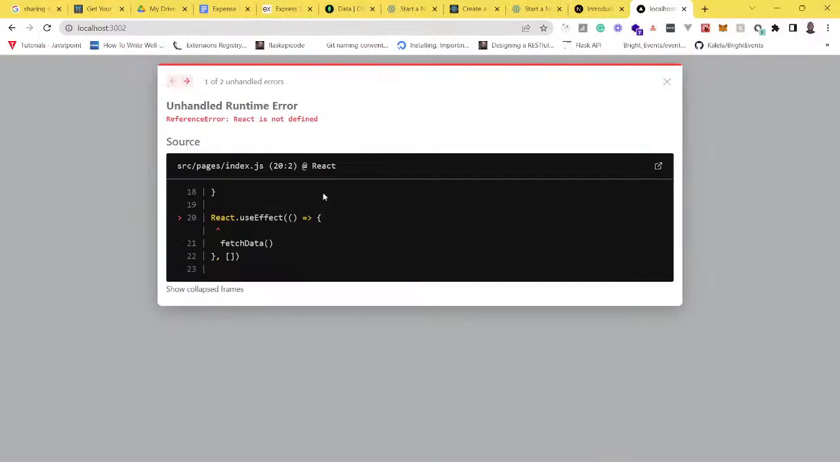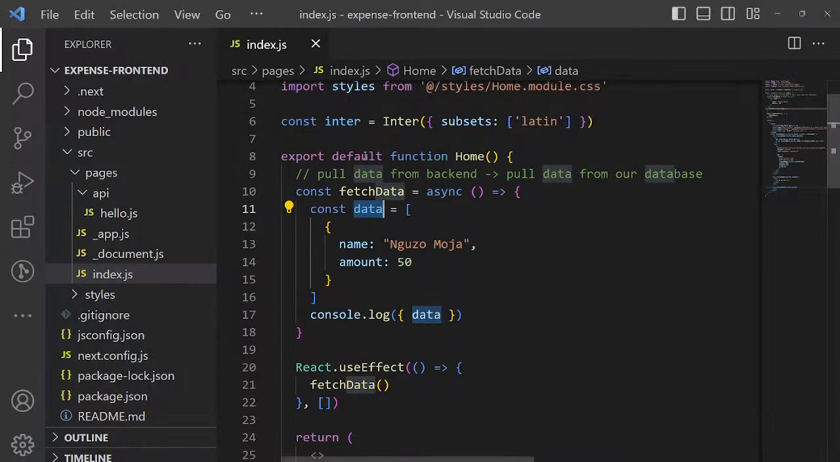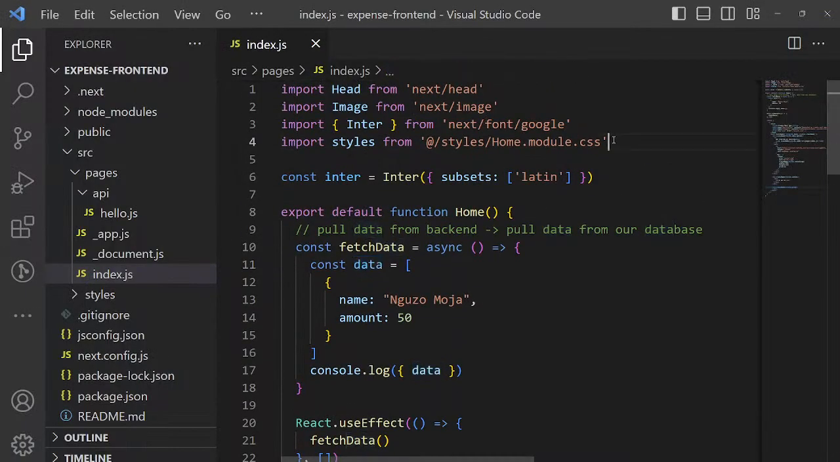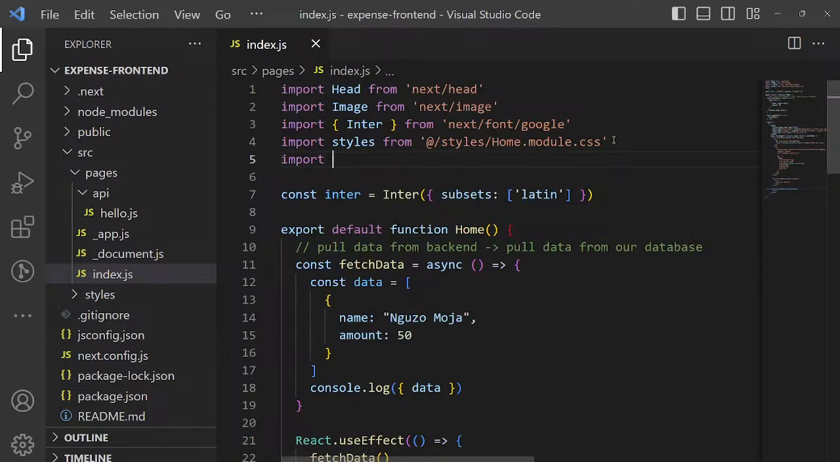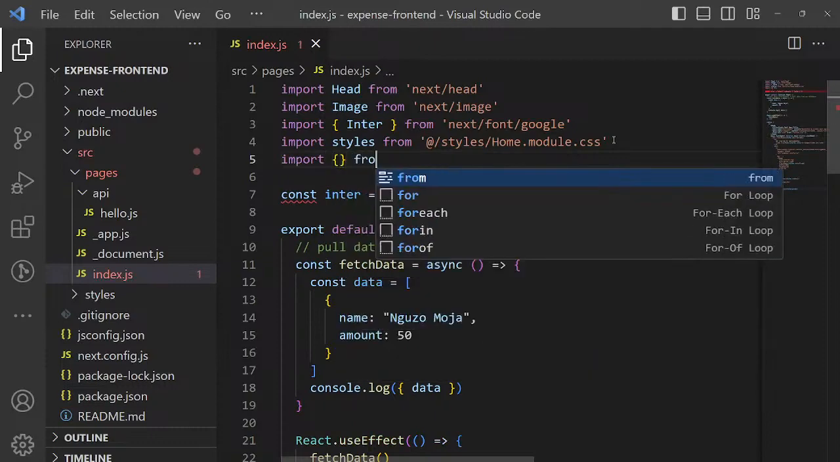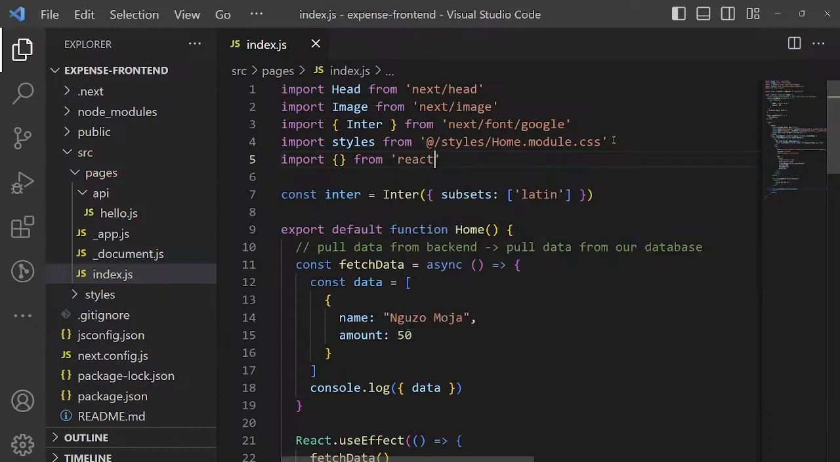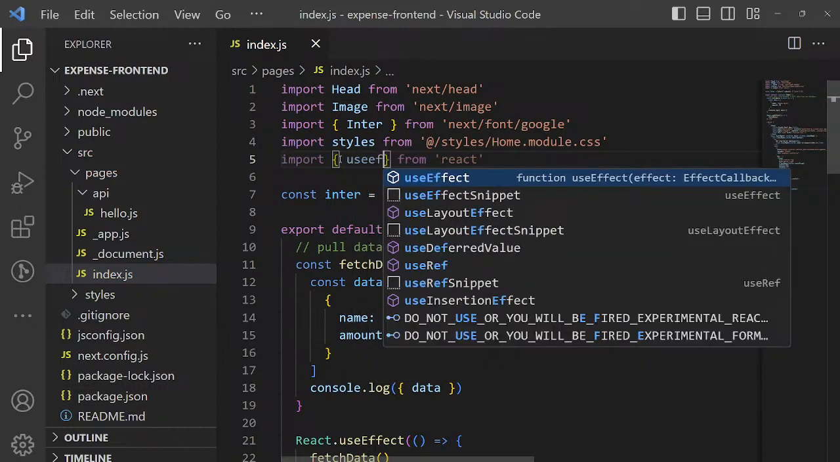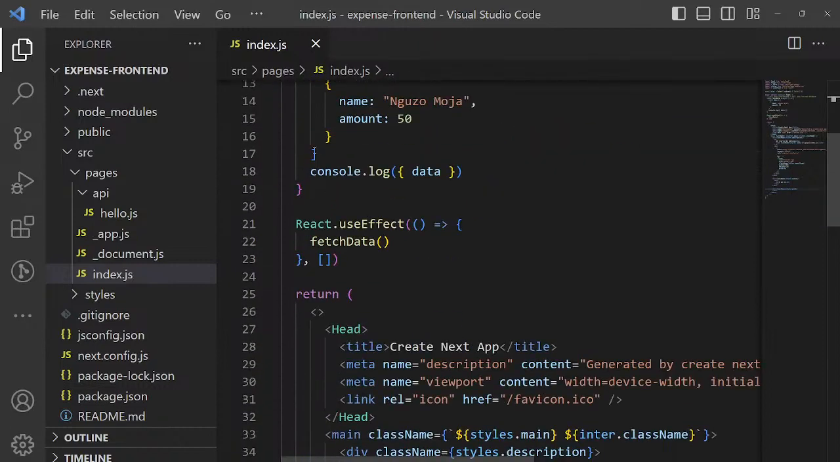Why? Oh, React is not defined. It should be defined here. So I need to import, or let me just use this from React. So just import that useEffect. Then